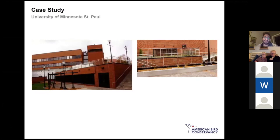Another case study, this is at the University of Minnesota. This was one of their university buildings, one of their educational buildings, just a single-story brick structure with a flat roof. You can see that here. They decided to make the roof of that building inhabitable because it is a flat space. So great use of a space that initially wasn't utilized. They put up a glass railing and made that space a patio. As soon as they did that,